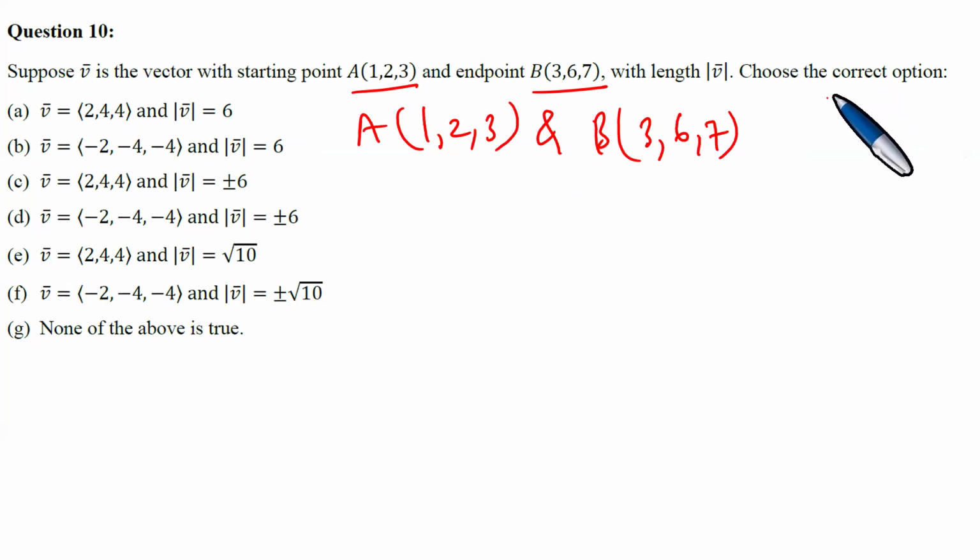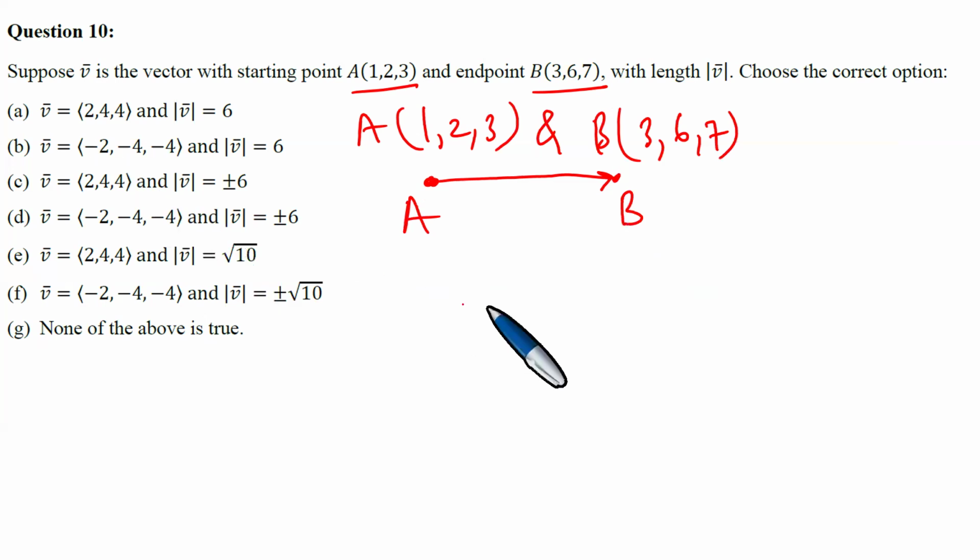Because now we are saying, suppose V is the vector with this starting point and this end point. The starting point is A, and the end point is B. Now the question is, what is the vector V? But also find the length